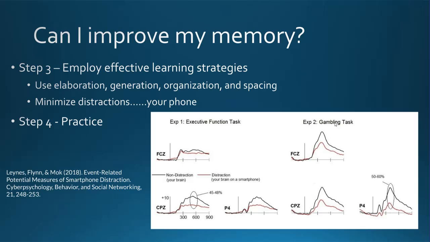So if you really want to get the most out of your brain, put your phone away as you're studying, particularly. Minimize your distractions. Now the fourth step is practice, practice, practice. Practice using these techniques. Practice shaping your behavior. So we're going to talk about this, and this is going to be part of what your course does for you over the course of the semester. But practice, practice, practice using these techniques, good effective techniques to improve your memory, and you can see lots of improvements if you follow those steps.